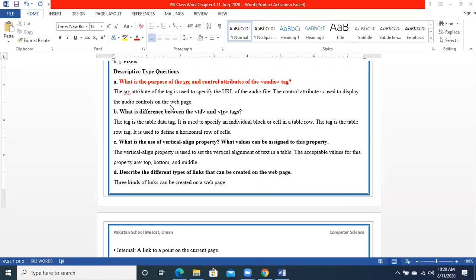But SRC is not only used for images. SRC is also used for the audio tag, the audio file location. SRC is also used with the video file location. SRC is also used in the frame that we have done today, where we mention the file name that we want to bring in the frame. Getting this point? So, as the question is particularly about audio, in the audio tag the SRC is used to identify the location of that particular audio file that we want to play in our HTML document. Good.